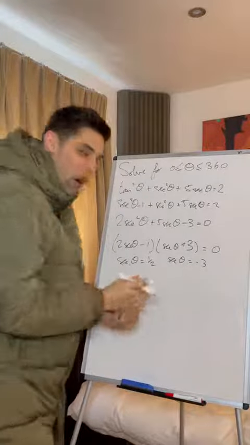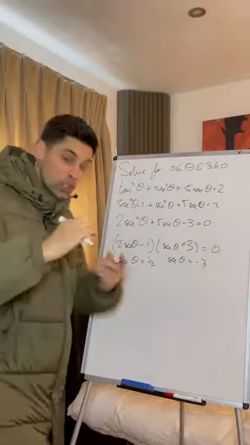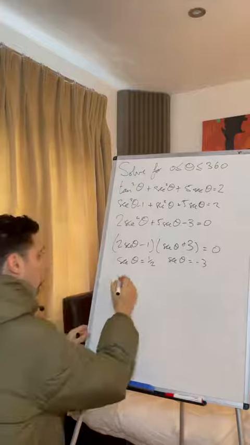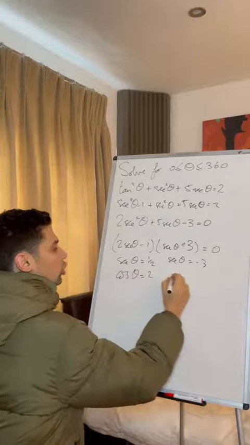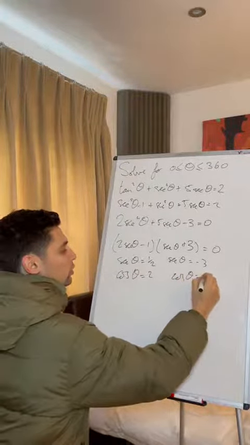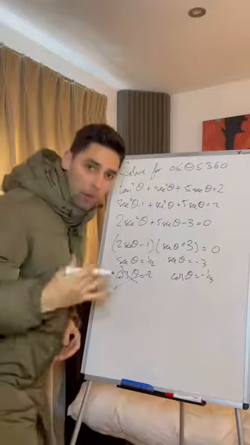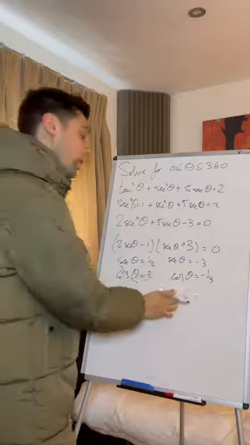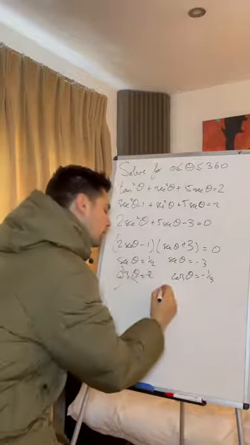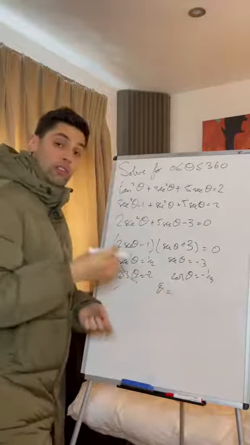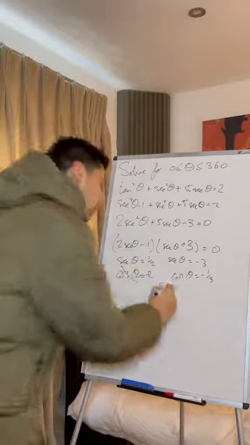Now, because this is sec, we can't plug sec into our calculator, but sec is 1/cos, so flip that. And we got cos theta equals 2, cos theta equals minus 1/3. Now, this cannot happen because cos theta is in between 1 and minus 1, the same as sine theta. But this one, we can put in our calculator. So theta is going to equal inverse cos of minus 1/3, which the first answer is going to be